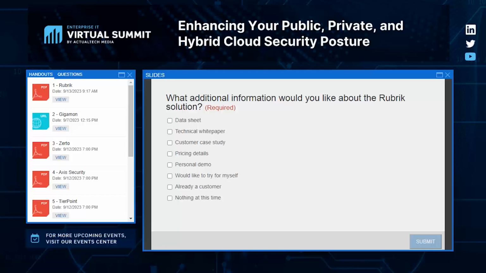It does exist as a separate pane of glass, but that is all going to be consolidated into the Rubrik Security Cloud in short order to give you that same single view. So really the breadth that Laminar is able to cover is what we're focused on initially from an integration standpoint. And then secondly, we're going to integrate it into the Rubrik Security Cloud and make it all consolidated for you.